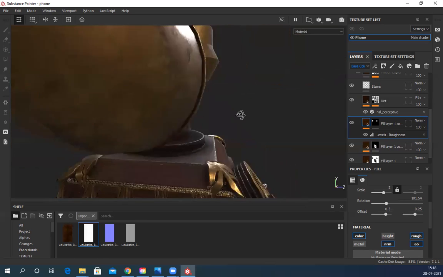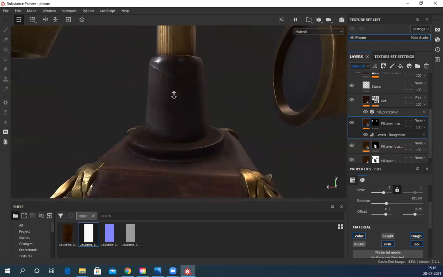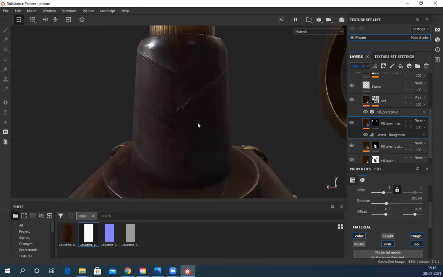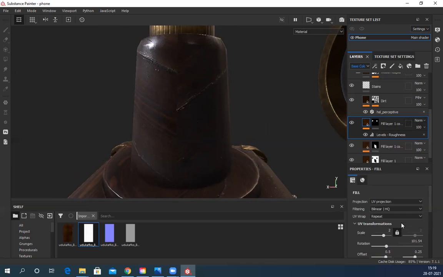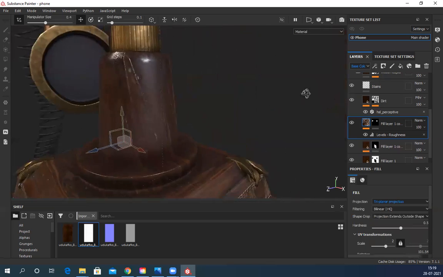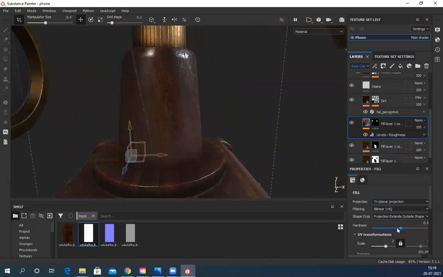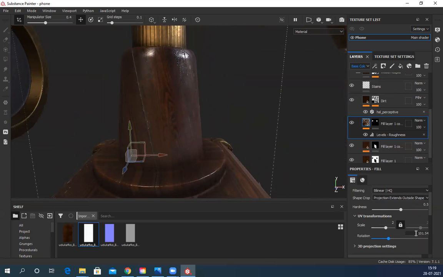Now this texture, you can see, because this cylindrical shape is not straight, it's creating a seam. Seams are absolutely not acceptable. So in this case, I'll select the main material texture and change the UV projection to triplanar. Triplanar is basically projection from three different directions. So you can see there is no seam. The only thing is this rotation I have to fix.